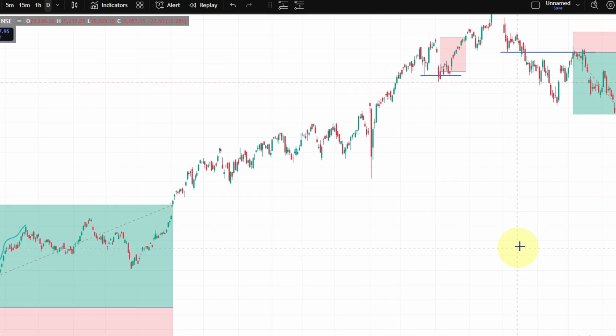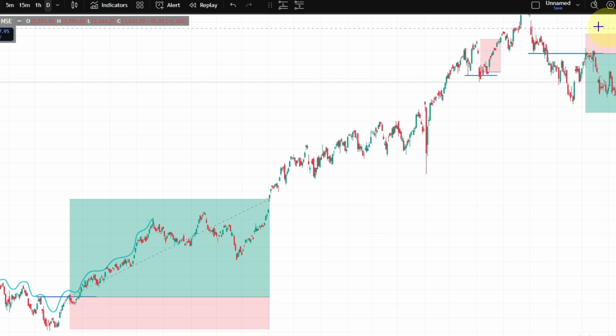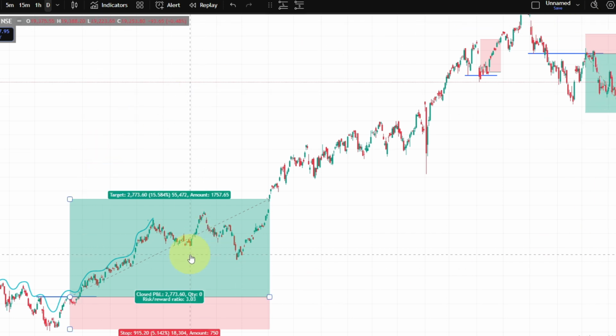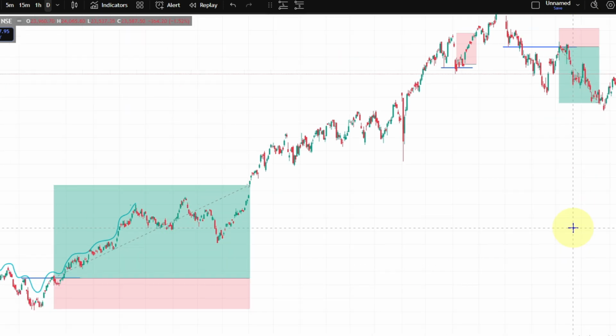This is a pure price action strategy. If you follow this approach, you are going to get a lot of trades. See how with only a change of character we got this kind of massive target. So I hope you understand change of character, or you can say CHoCH trading.